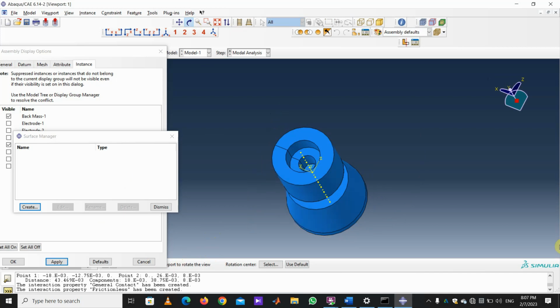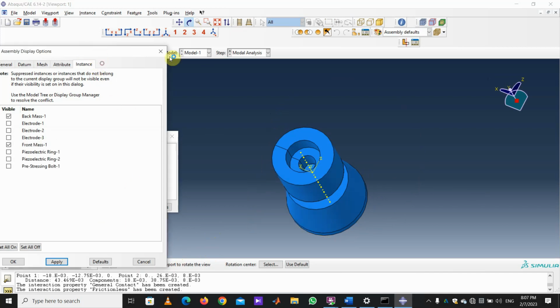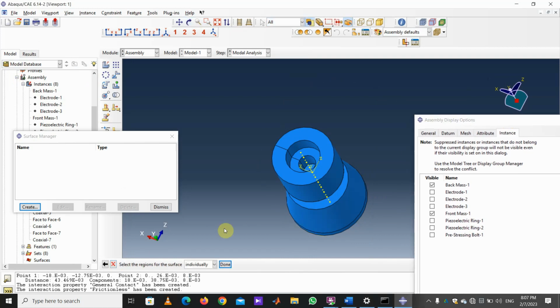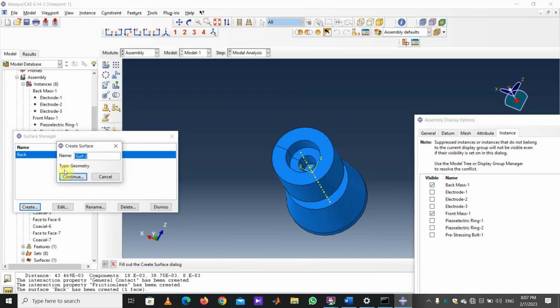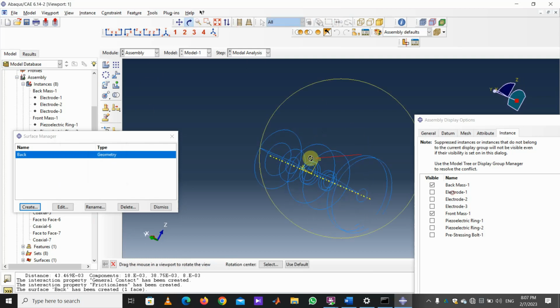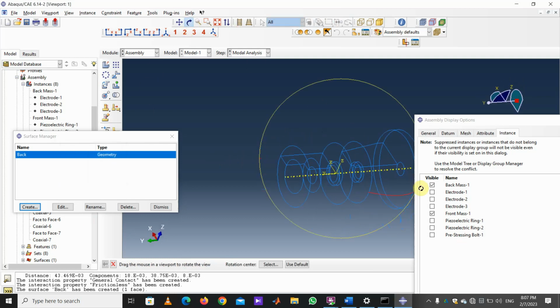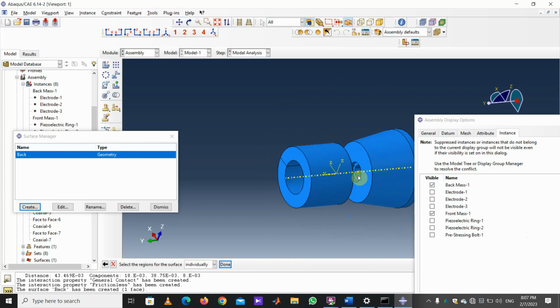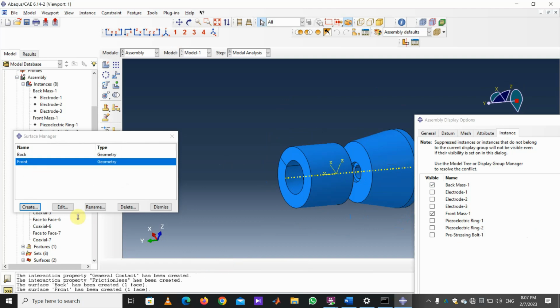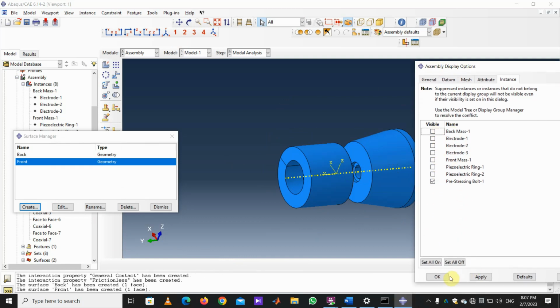This is the inner surface of the back mass. Also the inner surface of the front mass. Done. Now I will bring in pre-stressing bolt, apply,